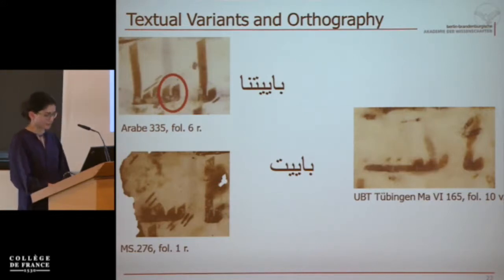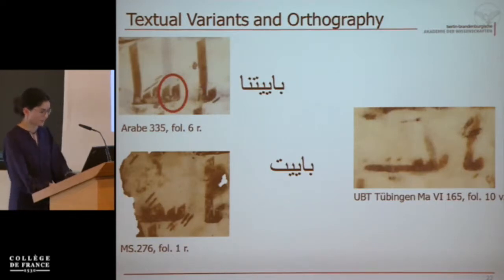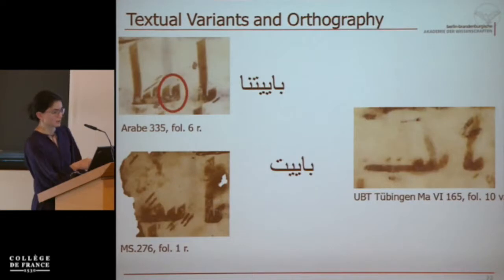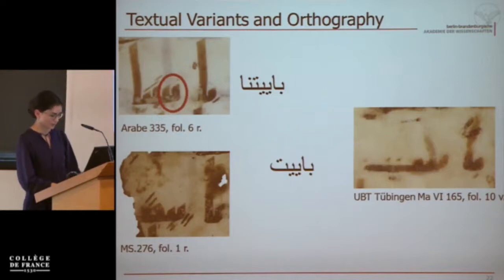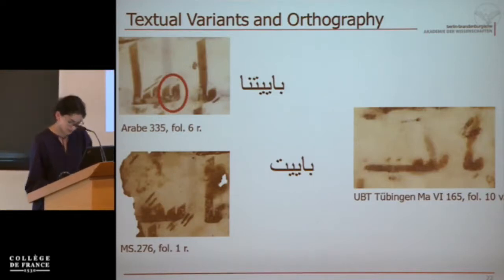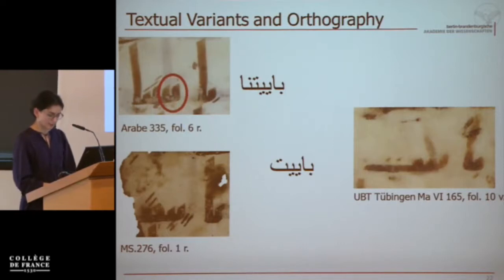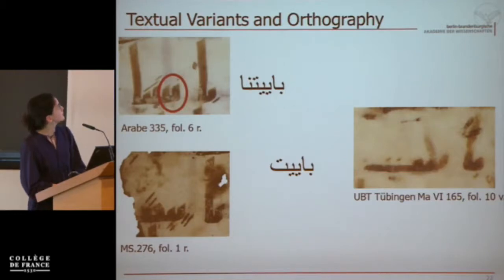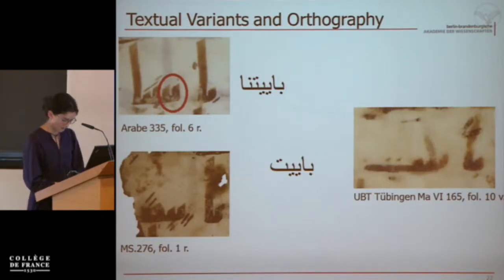The plural of ayat shows a peculiarity when it is preceded with the prefix bi. In contrast with the plural ayat, without the prefix b, it is always written alif, ya, and the final ta. But if it's preceded with b, it is written with two denticles. The same writing is attested also in Tübingen very often.